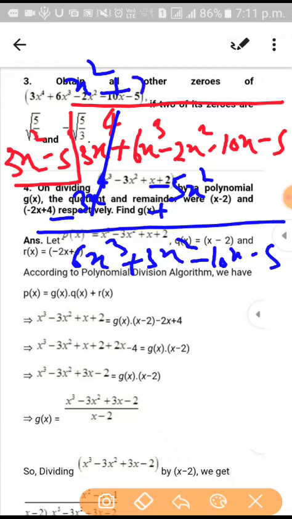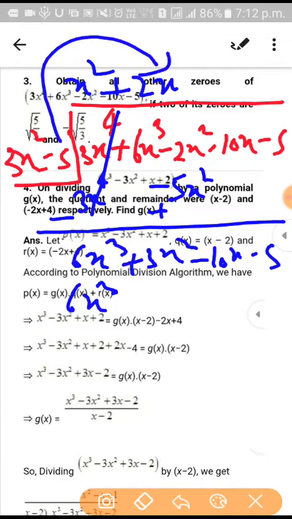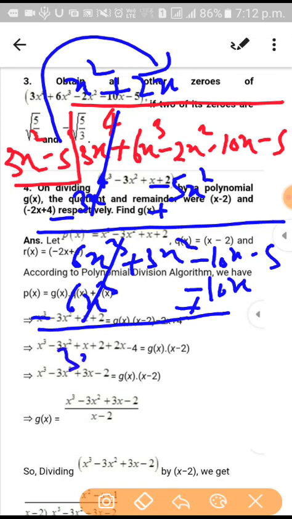So that is 3 into 2, that will be 6, and x square into x will be 6x cube. So 3x square multiply 2x is 6x cube, and minus 5 multiply plus 2x, that is minus 10x. Right. Then subtracting, change the sign, this is gone, we got 3x square, this is also gone, minus 5, so